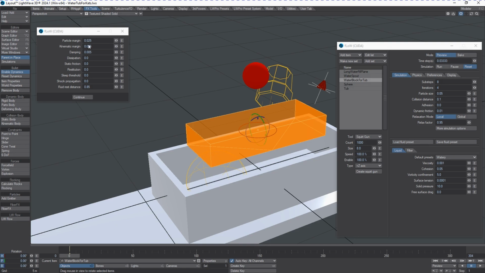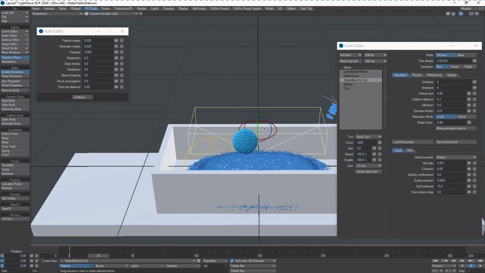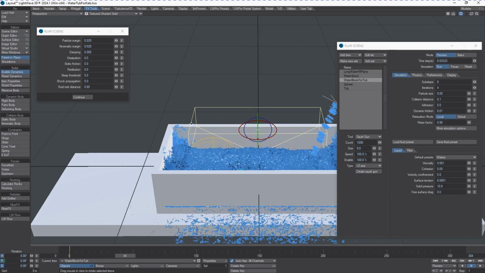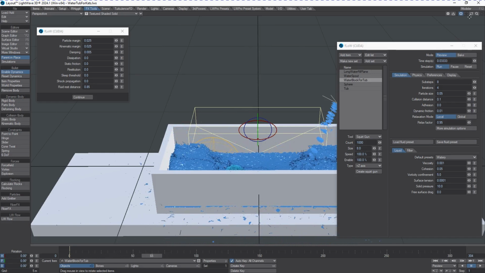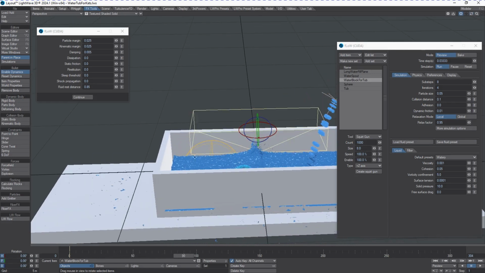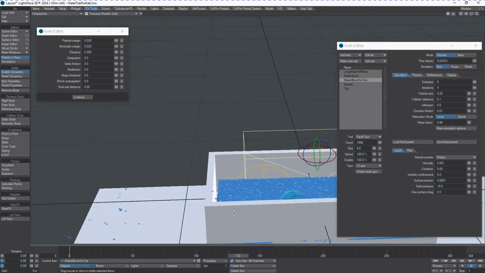And of course, be cognizant of the particle margins and the kinematic margins, because when you do run this, the thing you're going to be looking for is how close to the edge does this stuff get inside of the container. And is it actually going right to the edge? Is it spilling out because the particle size is too small? Are we having issues with other factors? So let's go